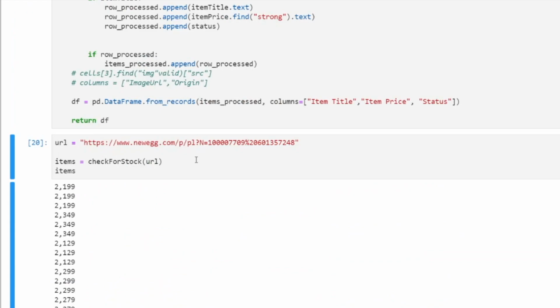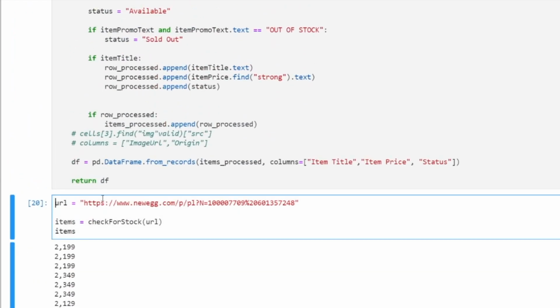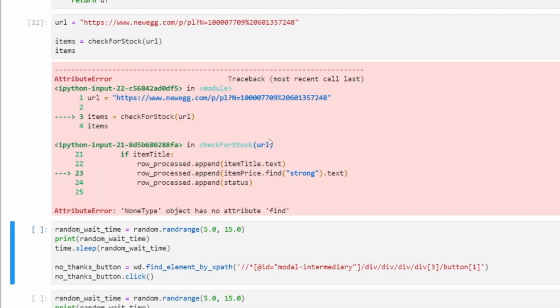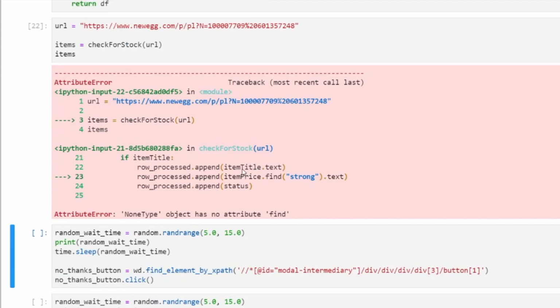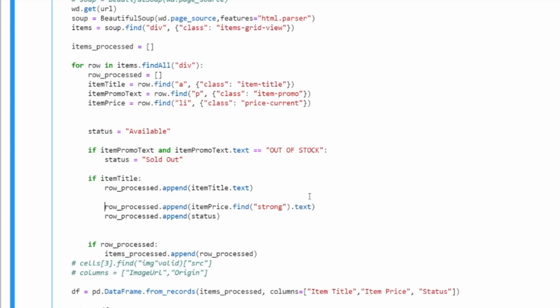Okay, so I'm going to compile this and see if I get a Panda data frame that looks good. So it seems like the item price is not always there, so I need to do something smarter.